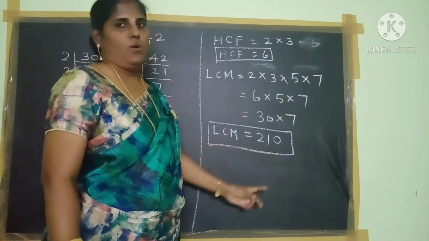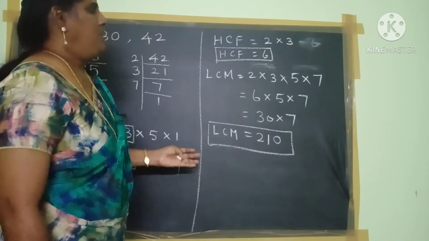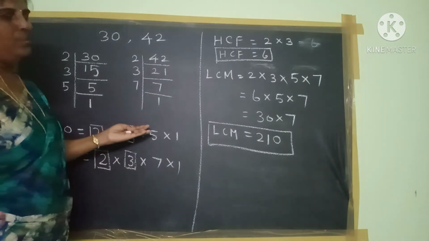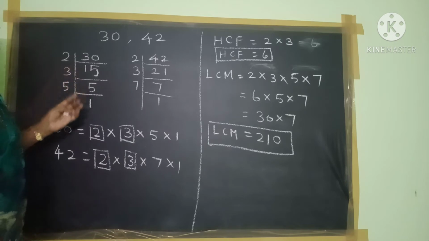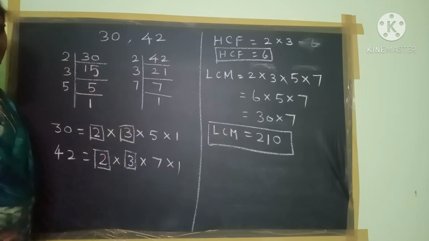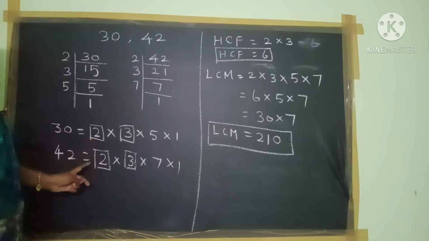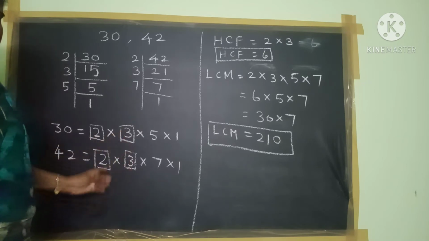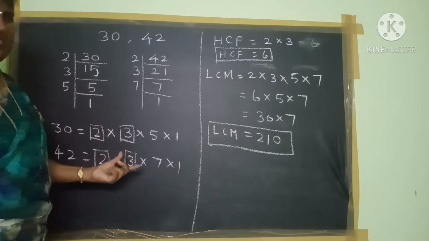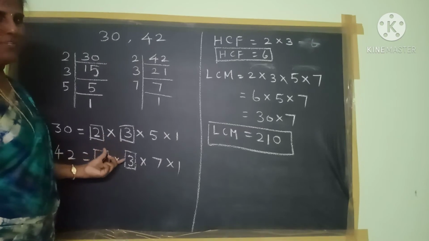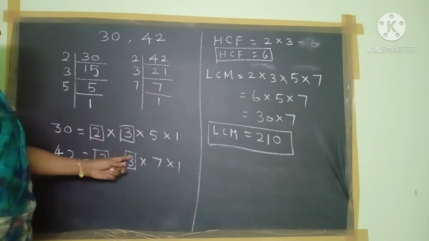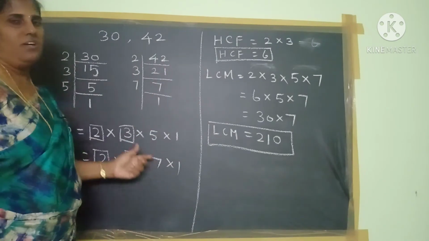210. Okay children? So that means, now I will give one more example. So what was the first step? First of all, you list out the factors for both the numbers. Step 2, then you mark the common factors for both the given numbers. Next, HCF means among the factors, the common one you just take one time and multiply the numbers. So 2 into 3, 2 3s are 6 is the HCF of the given numbers.